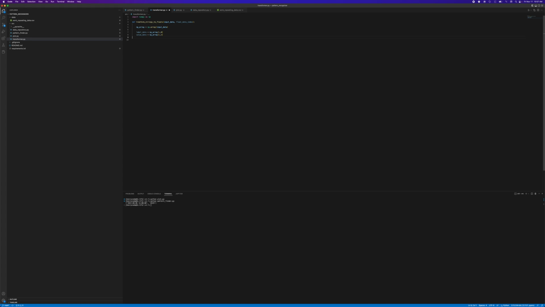And actually I can do that inline here, and we'll just say float. So now the value data is float data, and we will say our return value is zip of label data and value data, and then we'll just return that. And we'll return the return value, and then back in our pattern finder,